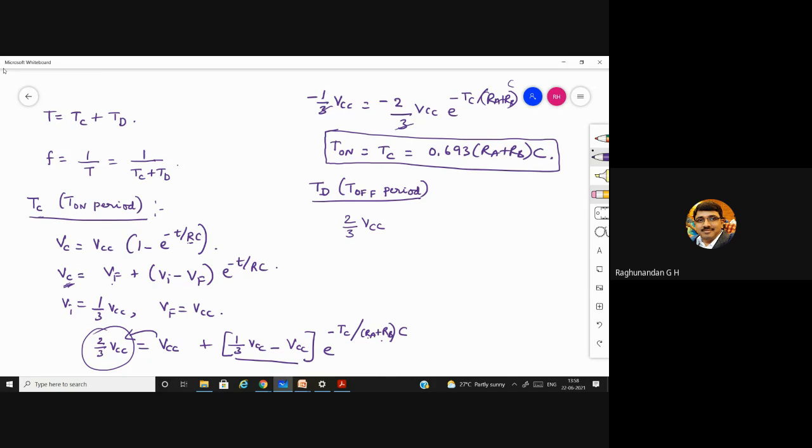Since it is charging through Ra and Rb, it cannot charge completely to Vcc. So when discharging also, it has to discharge from 2 by 3 Vcc to 1 by 3 Vcc, because that is the minimum voltage it can have. So by using this, again substituting